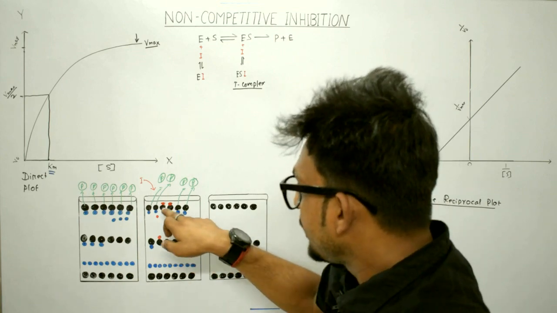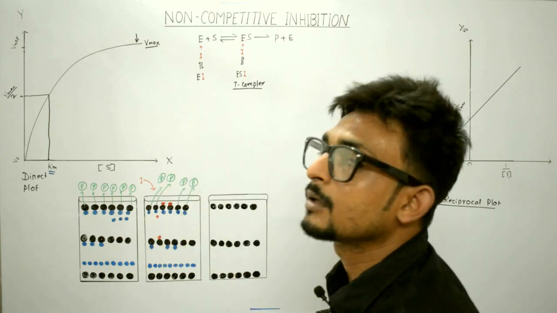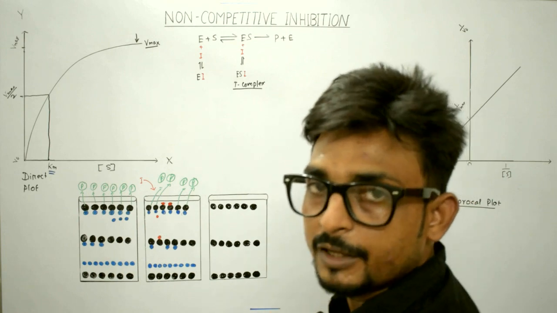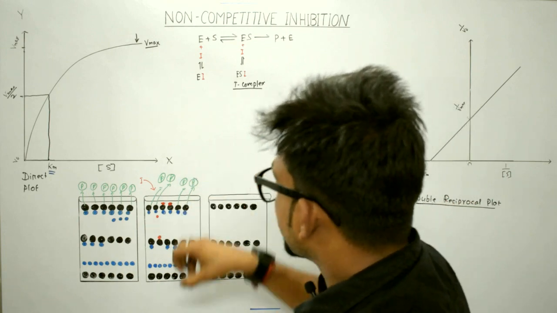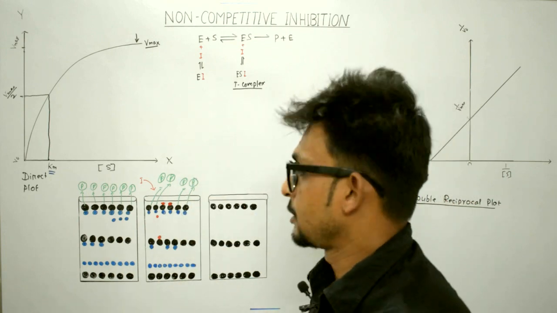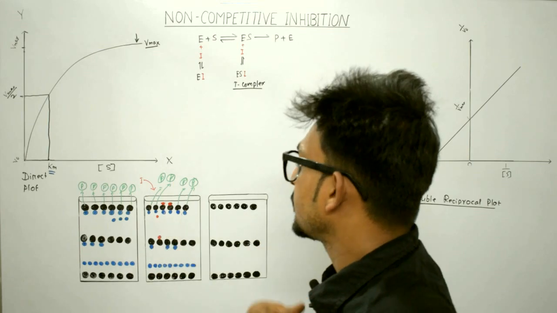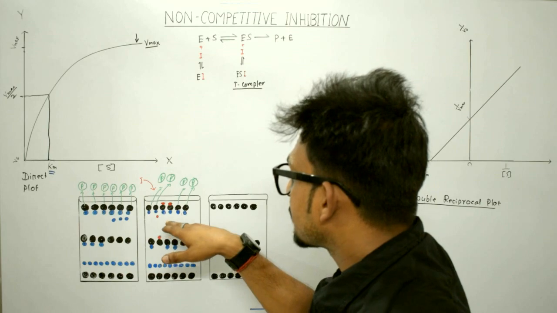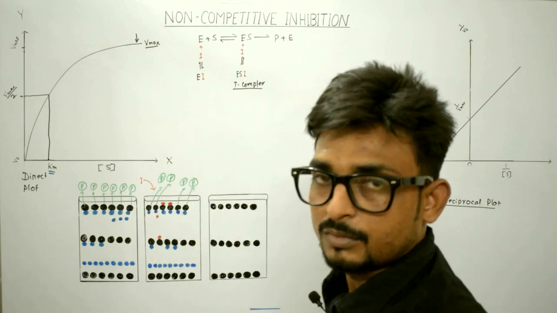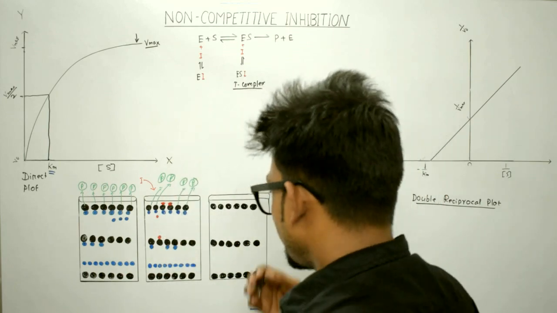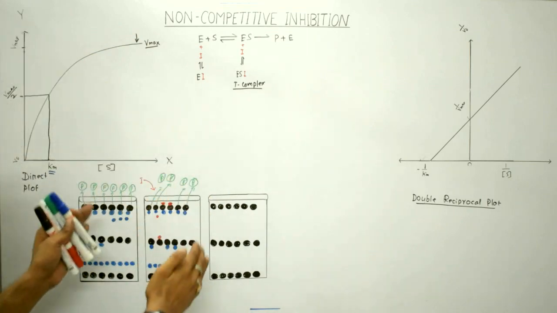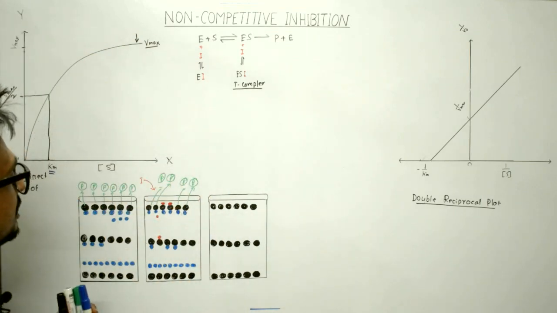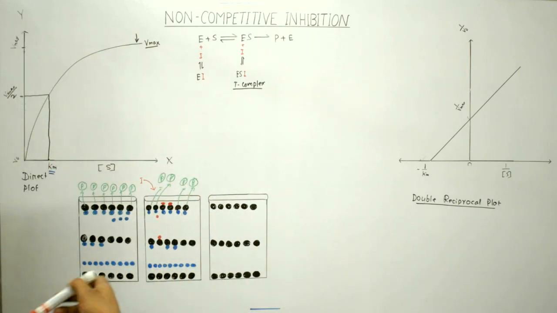So due to the binding of this inhibitor at the enzyme substrate complex, the product formation will be reduced, or the enzymes cannot make the substrate into product. Okay, now if we want to see that kind of situation in the graph, then it will be